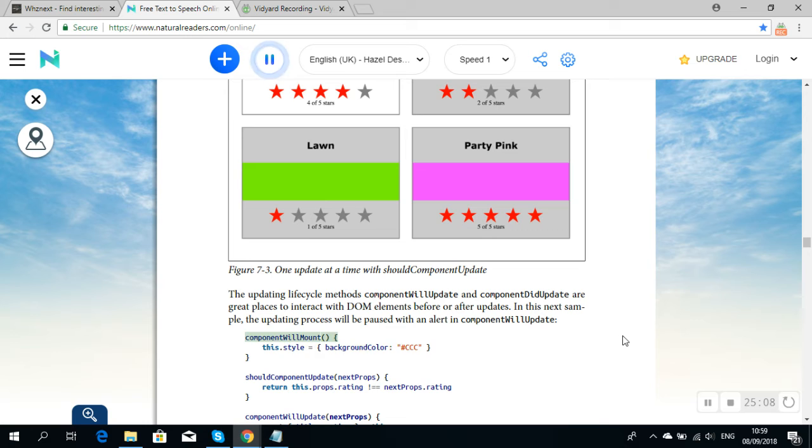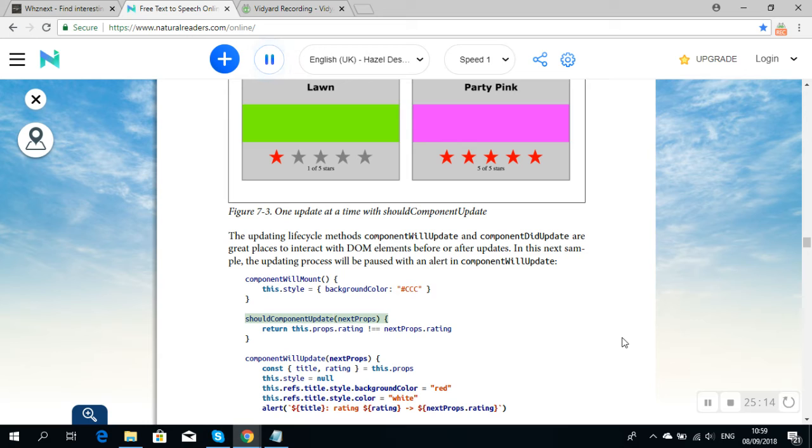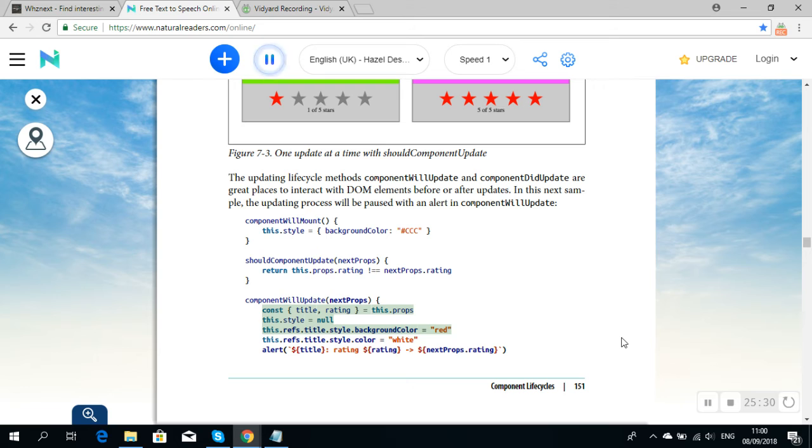componentWillMount() { this.style = { backgroundColor: '#CCC' } } shouldComponentUpdate(nextProps) { return this.props.rating !== nextProps.rating } componentWillUpdate(nextProps) { const { title, rating } = this.props; this.style = null; this.refs.title.style.backgroundColor = 'red'; this.refs.title.style.color = 'white'; alert(`${title}: rating ${rating} -> ${nextProps.rating}`)